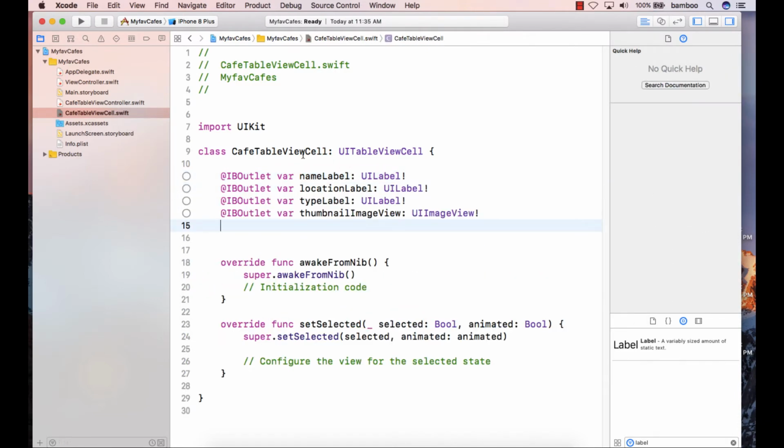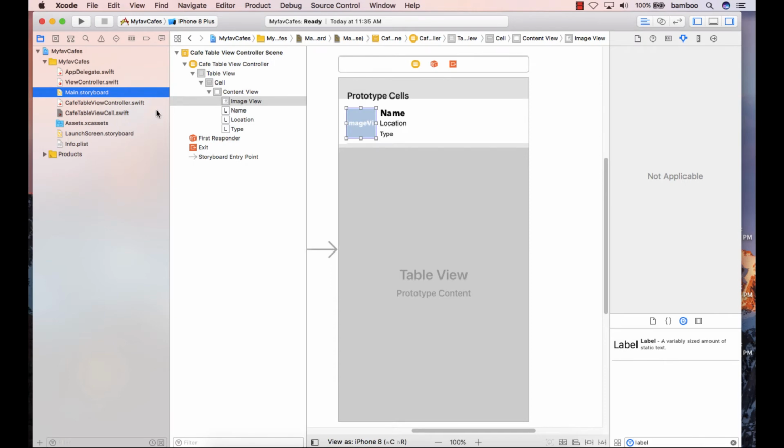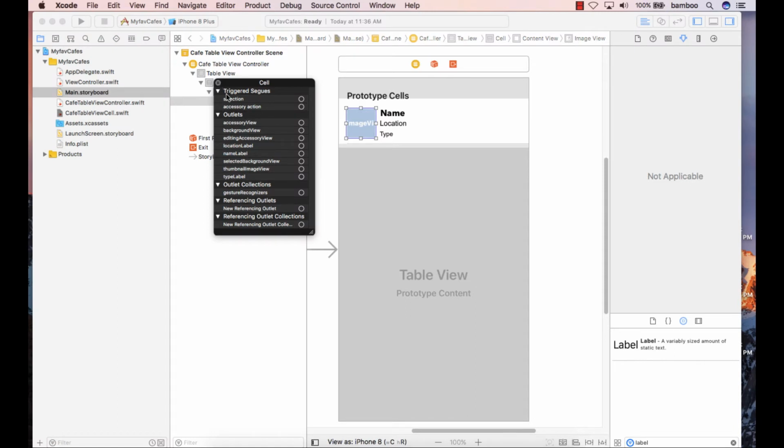Okay. So next let's connect these outlet variables. So go back to our storyboard and right click on the cell. Just right click on the cell. And you will see that you have these outlet variables here, name label. So I'm going to click on this and drag to name. Thumbnail, type, location,